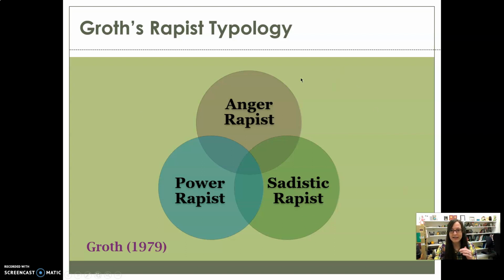Now, again, not all rapists fit nicely and neatly into one of these categories. And often this doesn't account for a lot of the acquaintance rapes. Some of them do fall into this. I mean, a lot of acquaintance rapes are power or anger, but some are purely opportunistic, and they don't really fall into any of these categories. And so